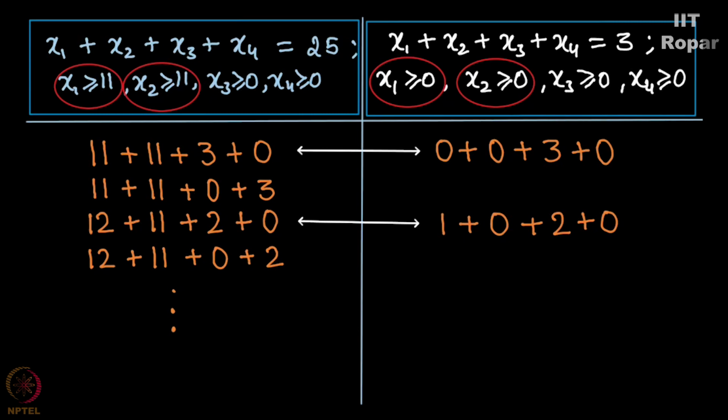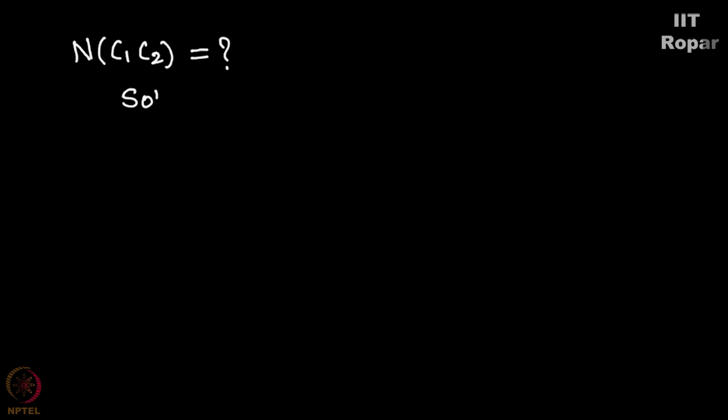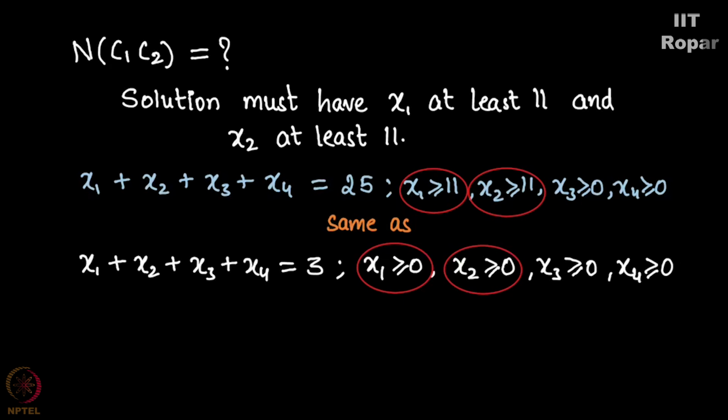If you're interested, you can pause for 10 to 15 minutes, write down all the enumerations of both the equations and find out the proper bijection yourself. This can be followed for n of c1 and n of c2 as well. For n of ci's, when I tone down the given equation to another equation, I can always give you a bijection between the two equations, the possibilities. There is always a bijection. Like how I stated just now, you can try it out yourself.